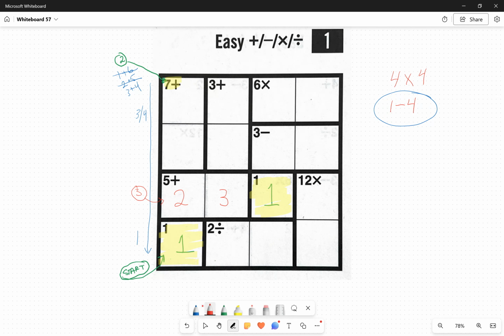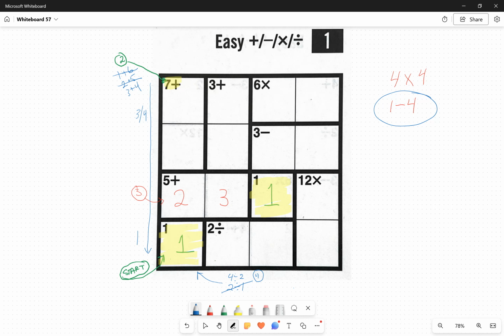I'm going to try this down here, down below where the 2 divide sign is. So how do you get to 2? You divide 4 by 2, so that's a possibility. Or you could divide 2 by 1, and that's also 2. But we've already used the 2 in this spot, lower left corner. So we can cross off the 2 divided by 1, which means 4 divided by 2 has to go in there. Again, I'm not sure where they go. So I'm just going to say, okay, that was my fourth step, knowing that 4 and 2 are going to